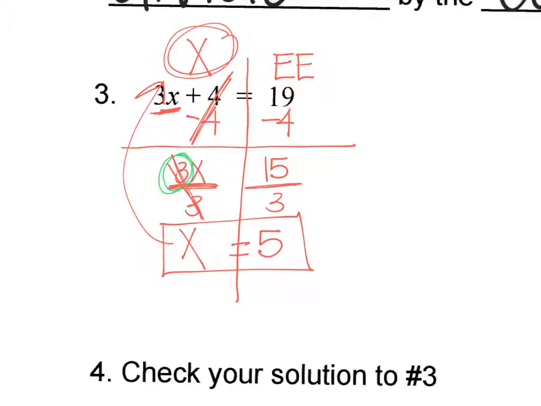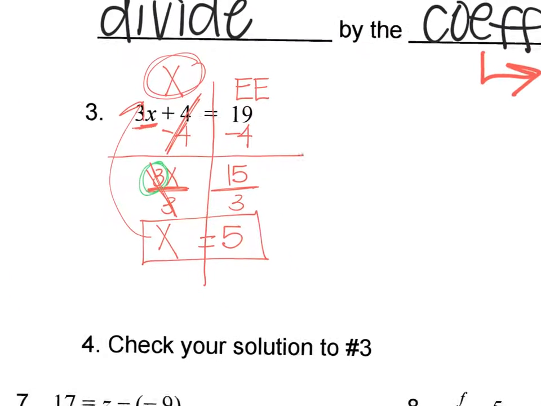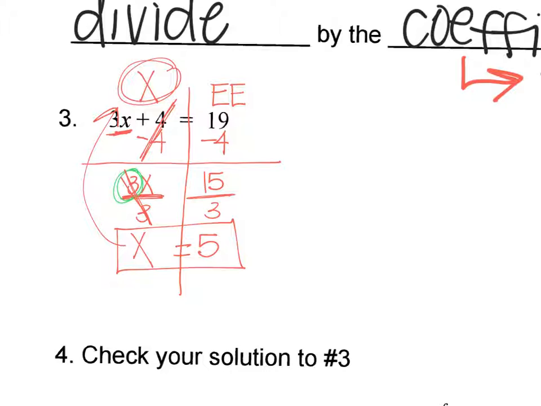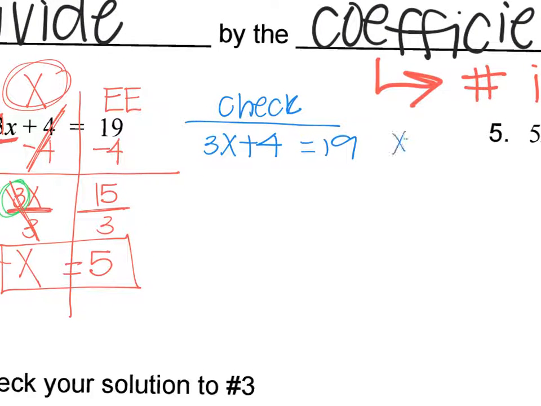Now, a quick, easy way to check yourself, which I'll show you how to do on the calculator, which you already know, and I'll show you how to do it in Desmos. But by hand checking yourself, like we did in the first 2 questions, are these solutions up at the top, you can plug this 5 into our equation everywhere you see an x. So if I've got the equation 3x plus 4 equals 19, and I've got a solution of x equals 5,